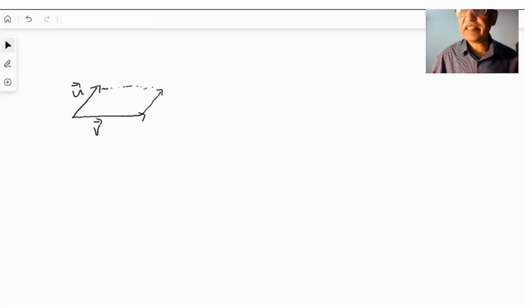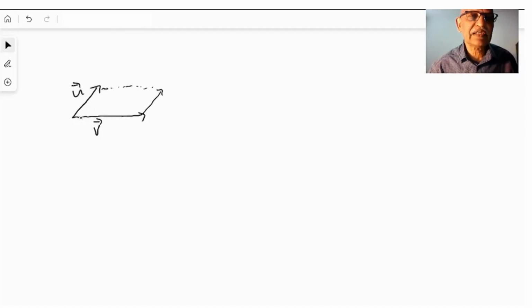Parallelogram law of vectors. So we have triangle law of vectors, parallelogram law of vectors. It's okay to understand one of them very nicely. Parallelogram law of vectors means we depend on a parallelogram. If I have vectors u and v,